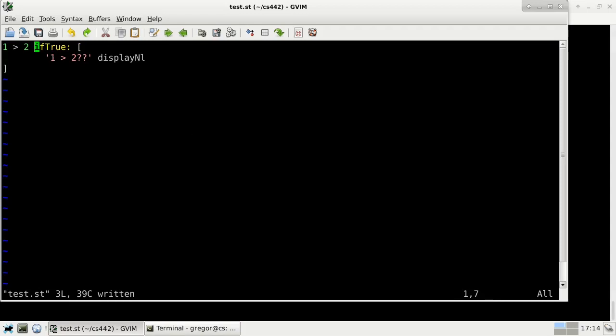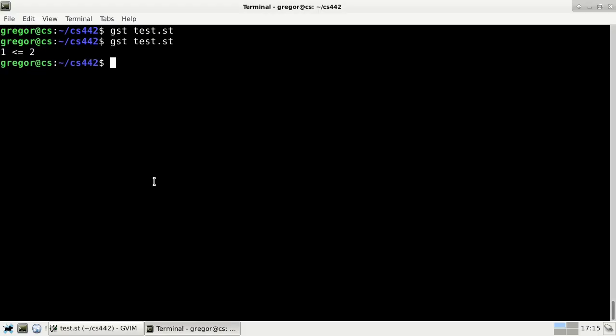Well, that's good. We can extend this to add an else branch by having ifFalse as well. So we'll have 1 is less than or equal to 2 as our ifFalse branch, since if 1 is not greater than 2, that means it's less than or equal to. We, of course, know that it's actually less than, and there we go, we output 1 is less than or